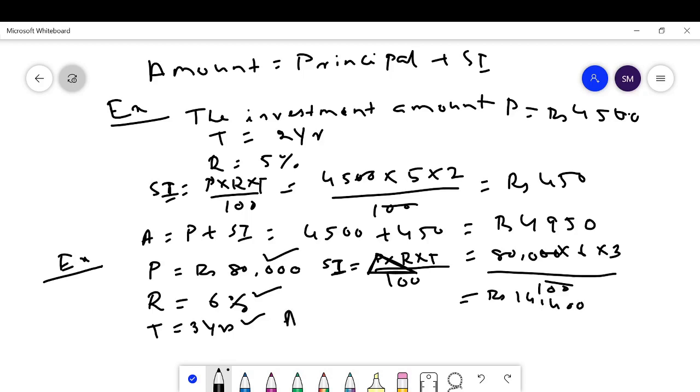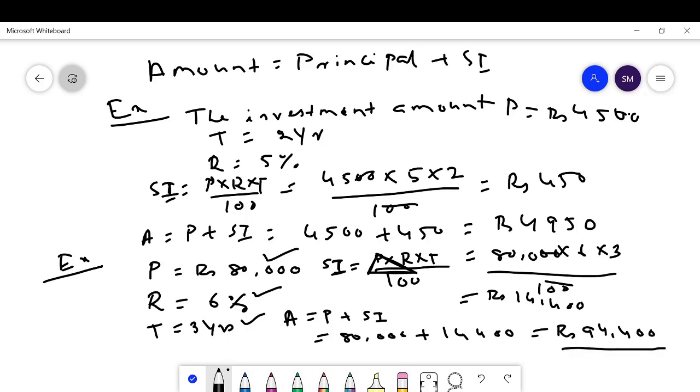Then the amount is equal to principal plus SI, which is equal to 80,000 plus 14,400. The total amount is equal to rupees 94,400. Out of this amount